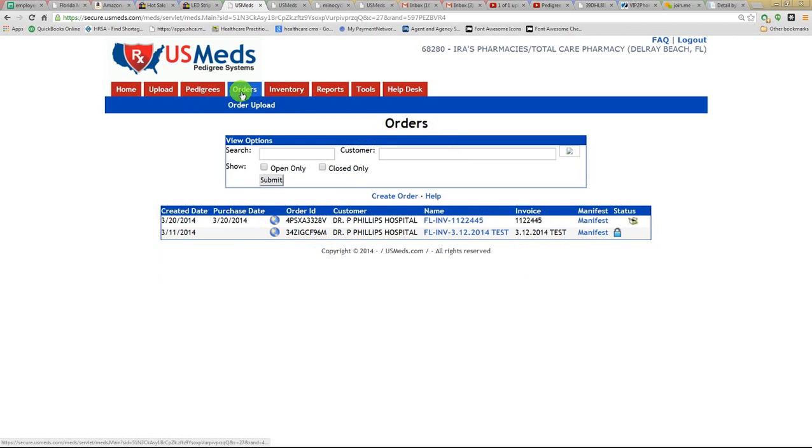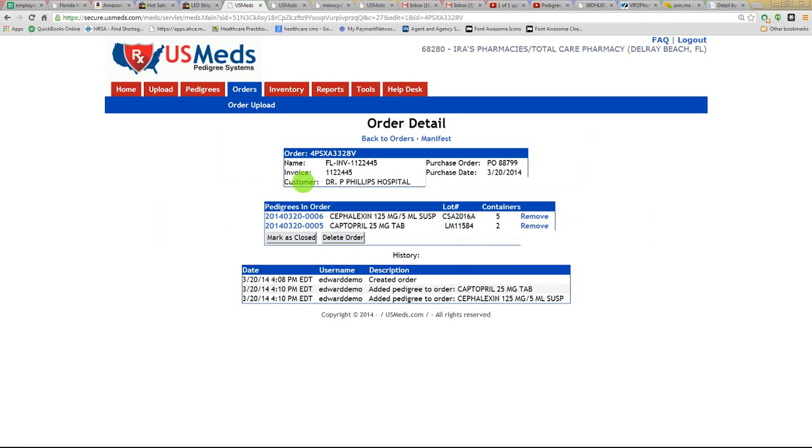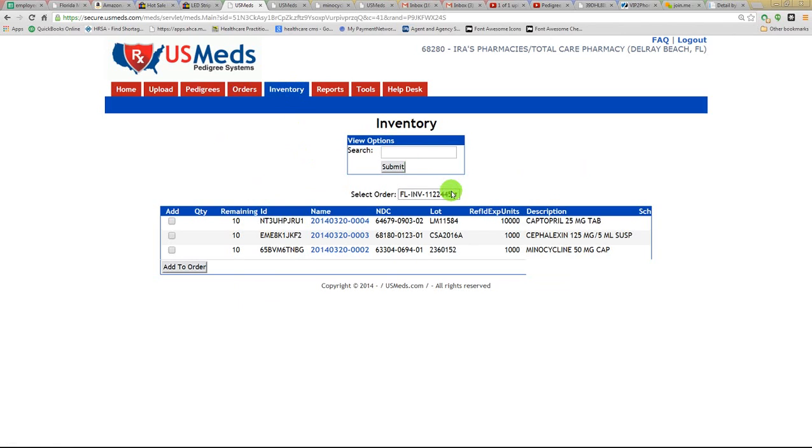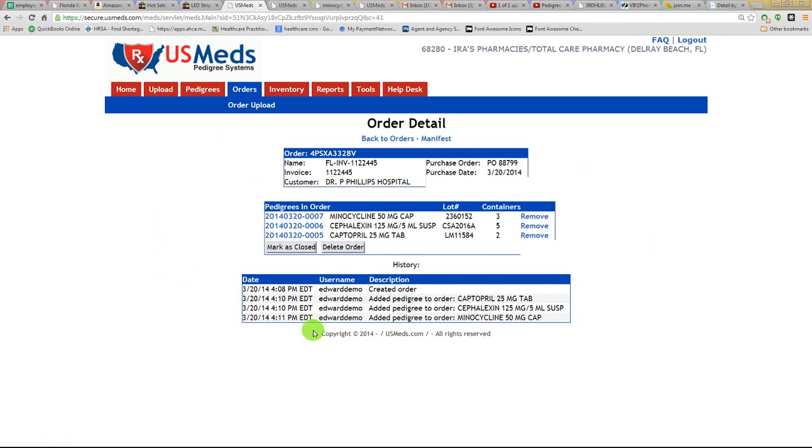If I were to go to orders, you could see that one has a lock and one has an open box. The open box icon basically lets me know that this is an open order. So I could click on the open order and it takes me to the order, or I could go to the inventory screen and select the order that I want to finish. In this case, I want to add the last component to the order